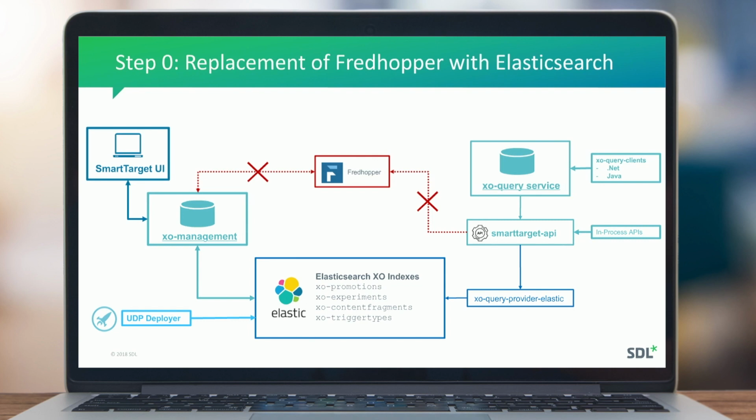So we were thinking, if we have the idea that we need to be cloud ready, if we have the idea that we need to be a lot more flexible within the use case of personalization, it's better to move away from Fredhopper and use something like Elasticsearch as a replacement in order to fulfill our requirements. So that's basically what we did, and the result is at this point in time that we are